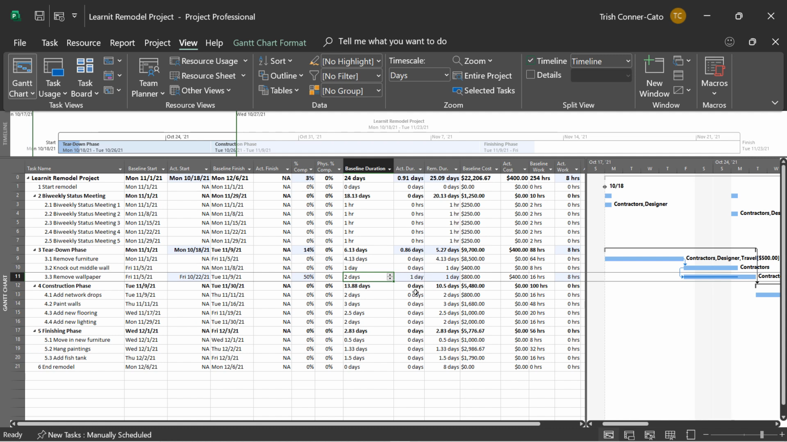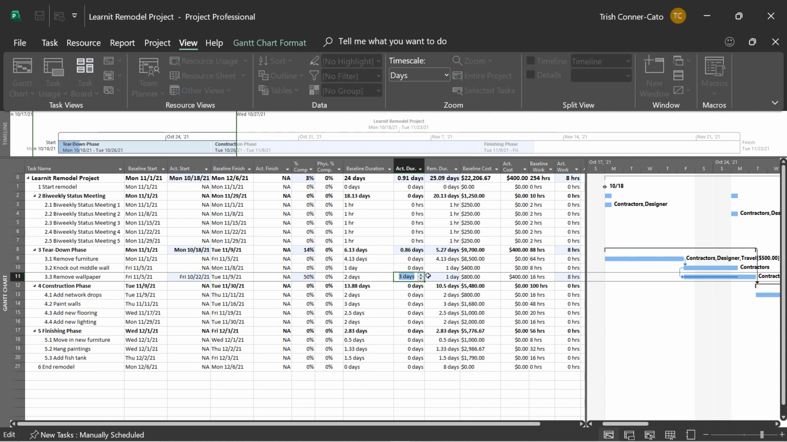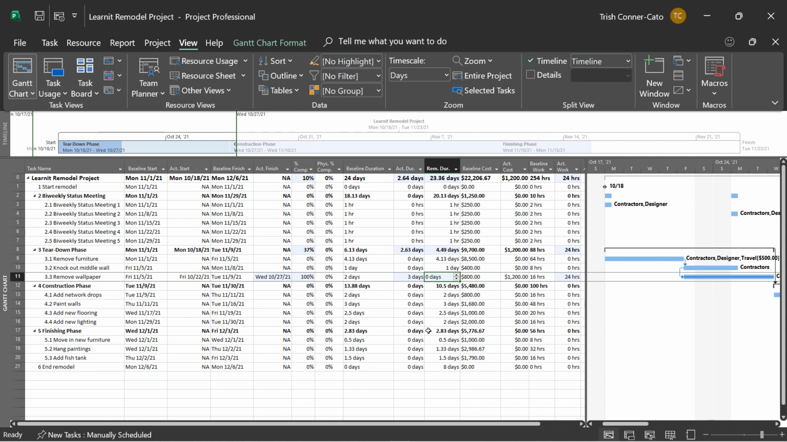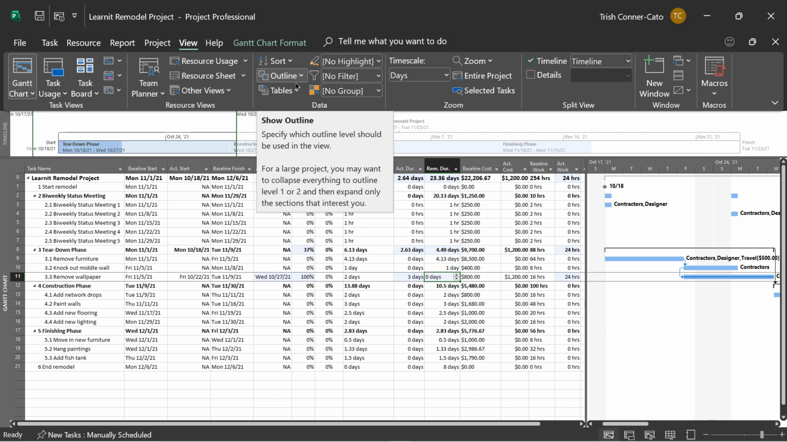Now, if it truly only took 1 day to complete that task, you would have to manually change the remaining duration to 0 days. We're going to change the actual duration for Remove Wallpaper to 3 days and click out of that field. And you'll see the remaining is 0 days, right? It's saying, okay, you went higher than the baseline. So if you did that extra day, you must have totally completed this task. And that's how it is going to work in this grid. Go back to your regular entry table